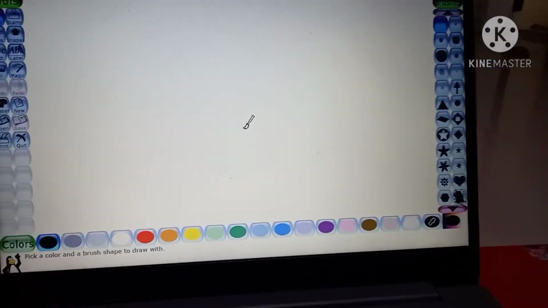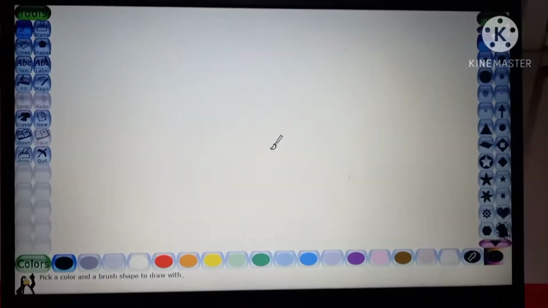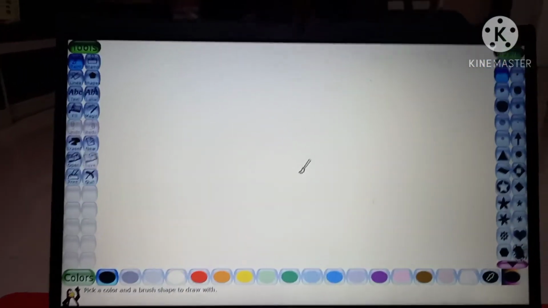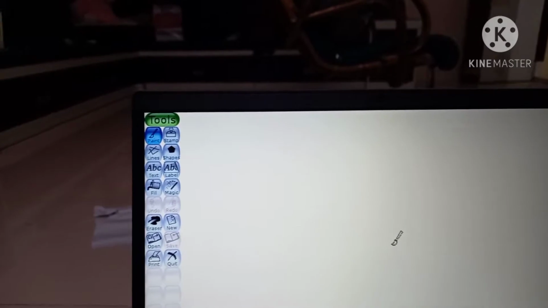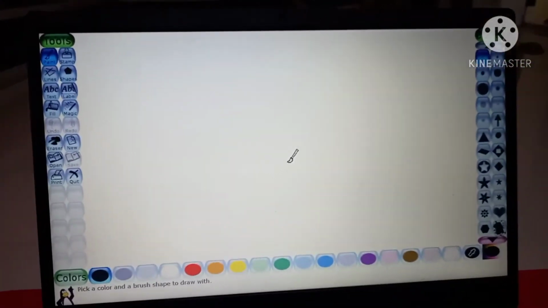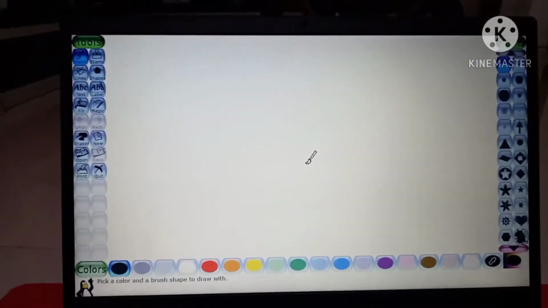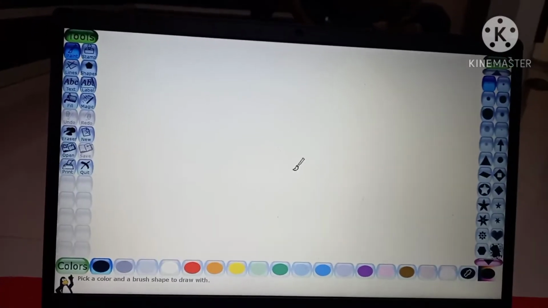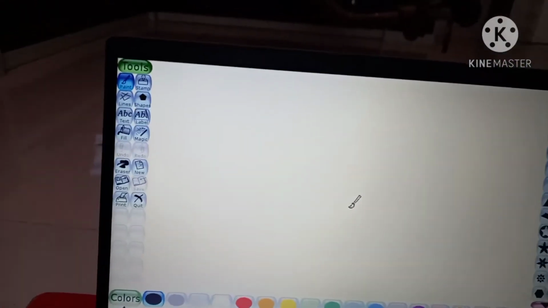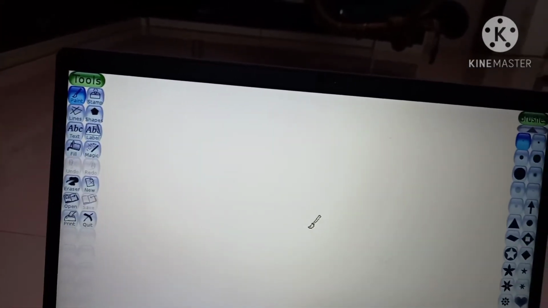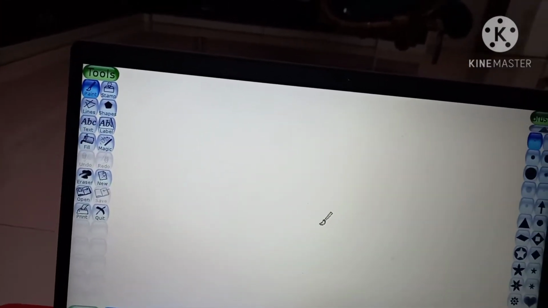This is the way you open Tux Paint. Just look at it, children, how colorful and beautiful it looks. I request you all, when we are doing this, to have headphones so that you can hear the sound. This is how you can open Tux Paint.